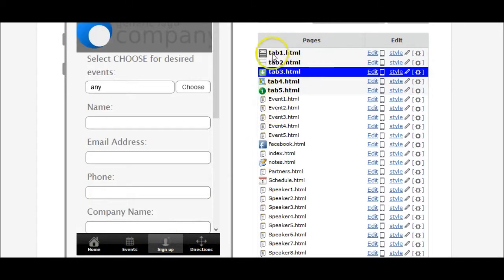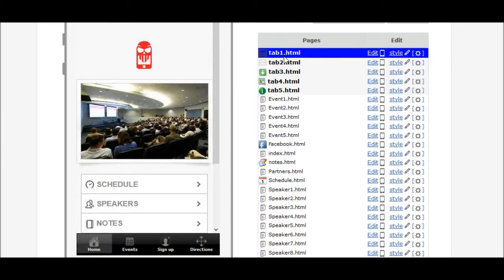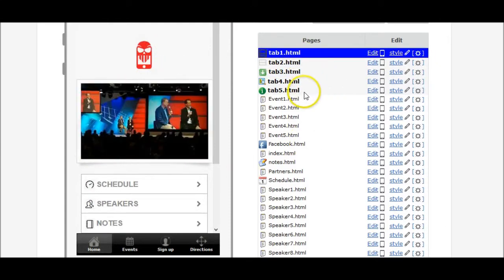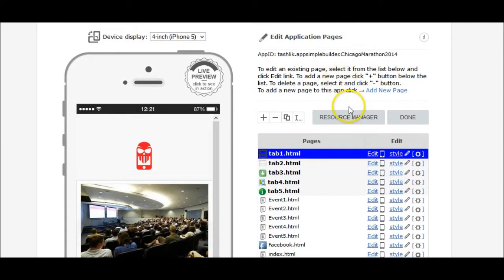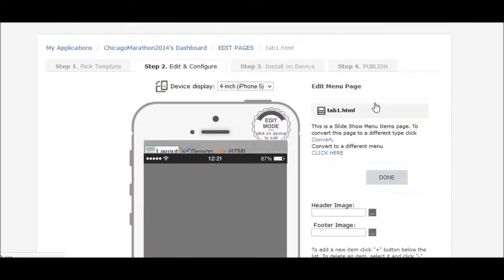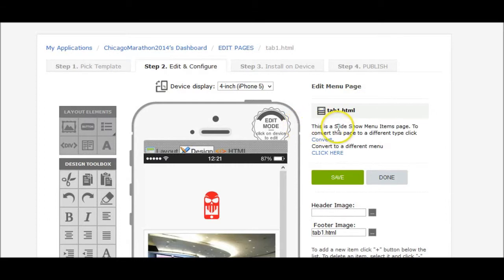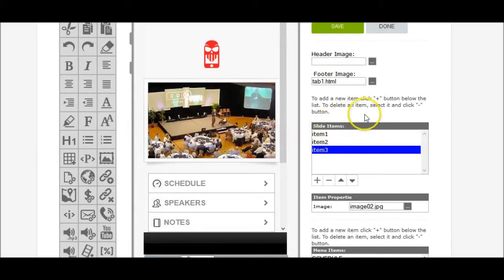So these pages are the tabs that you see at the bottom of the page. So I'm going to start from the first tab, that is the home page. And then if I want to make changes to this page, and before I forget, to make it easy for you, when you go and edit your page, you want to edit your page here,